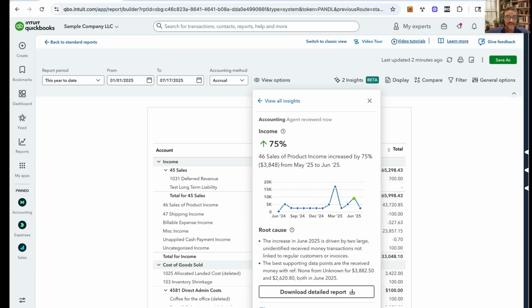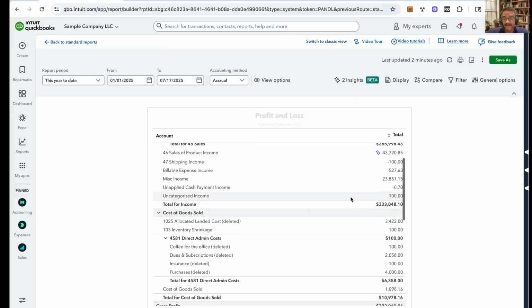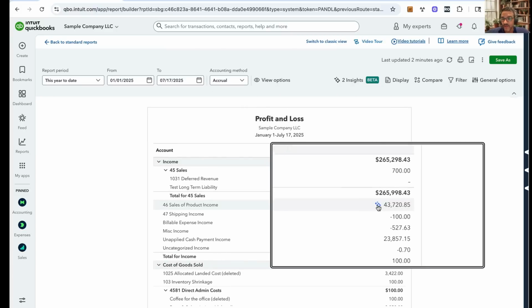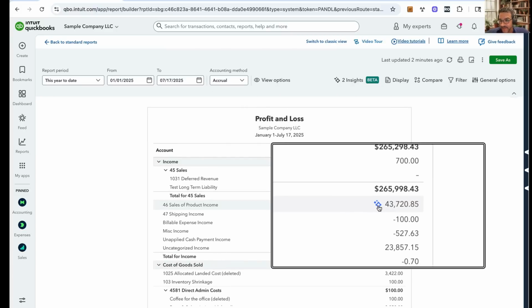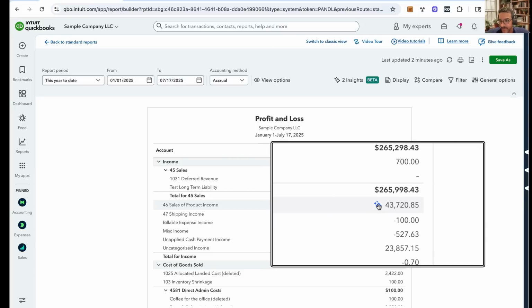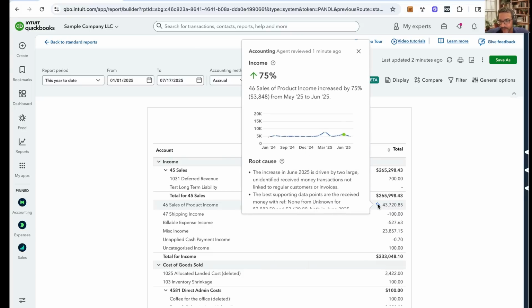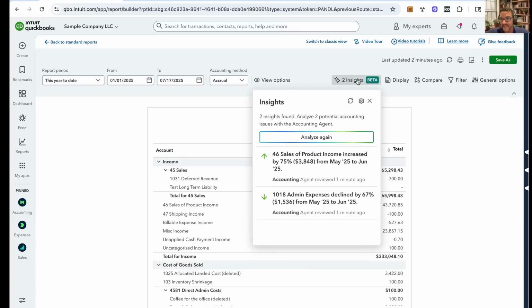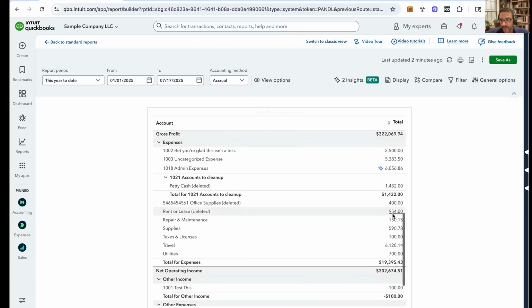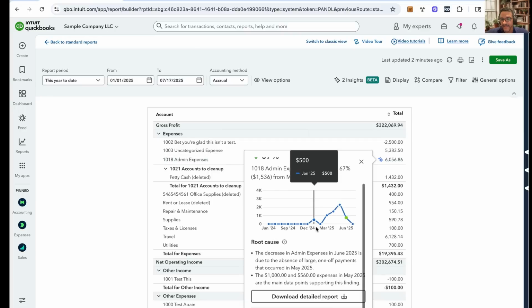And this is version 1. This stuff is going to get really advanced really quick. You can also click on the specific account name, an amount. There's a little symbol, the little sparkles there, so you can click directly on that. So you don't have to go to insights at the top. You can just click on the specific number they're adding these notes for,